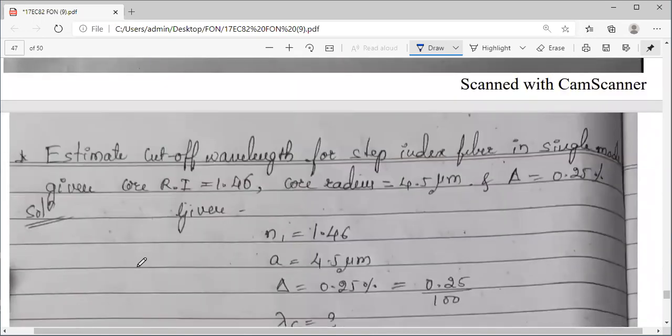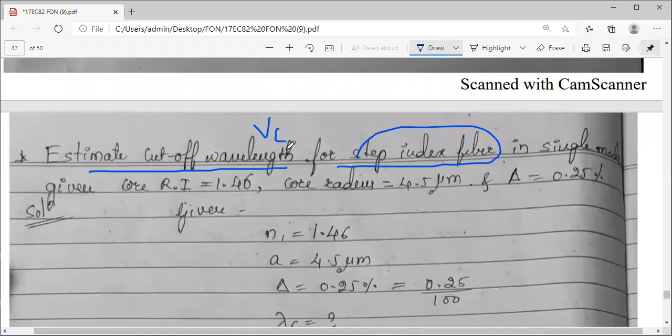Now, based on this formula and the previous concept, let us take one problem. Estimate the cutoff wavelength for the step index fiber. See, there is a step index fiber, so obviously somewhere we come across the VC term, which is actually 2.405. This is important. You need to read the problem carefully. It is mentioned here, single mode operation, very important. When you study all the concepts together for your examinations, you get confused about which formula to apply. So reading the problem statement is very important. Here it is given very specifically: step index, so VC will come, single mode operation.